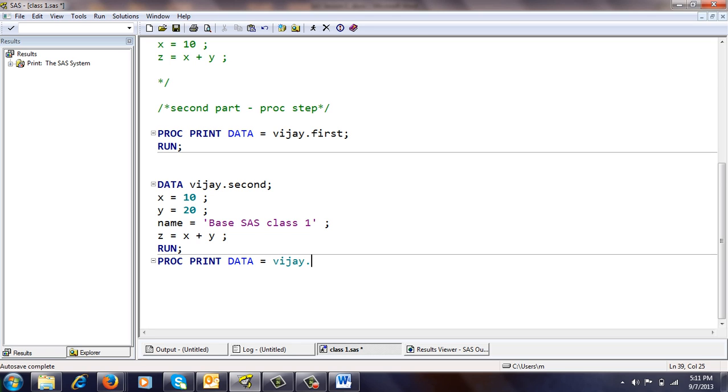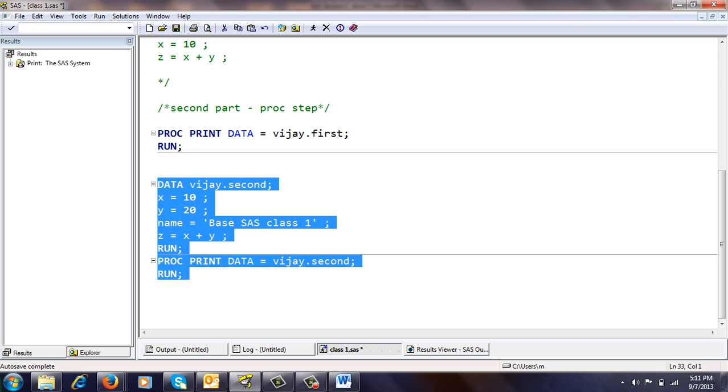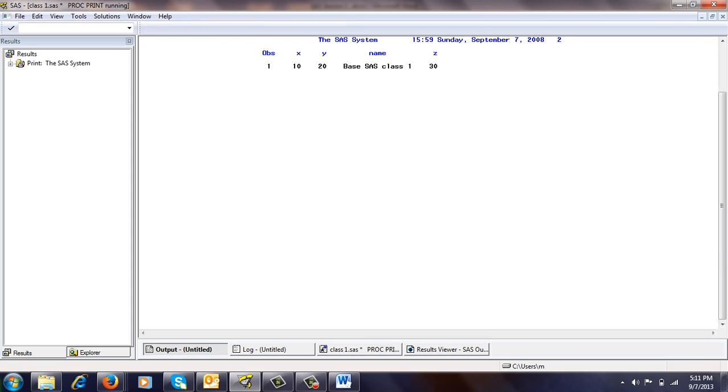Here I am giving these keywords all in the uppercase, but you can give uppercase, lowercase in any case, because SAS is not case sensitive. Even the variables name, the data set name or the library's name you can give in uppercase, lowercase in any case. There is no issue with that. So you can see here the name they are taking here the base as class 1.